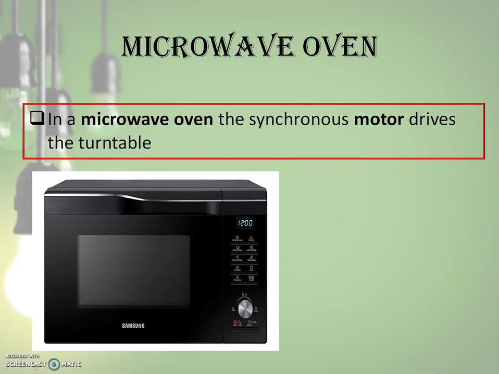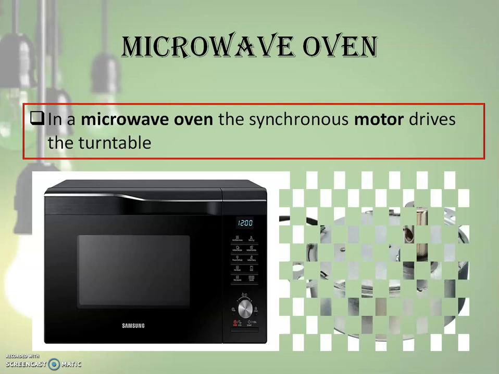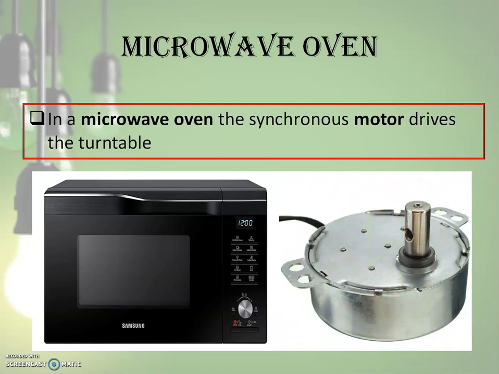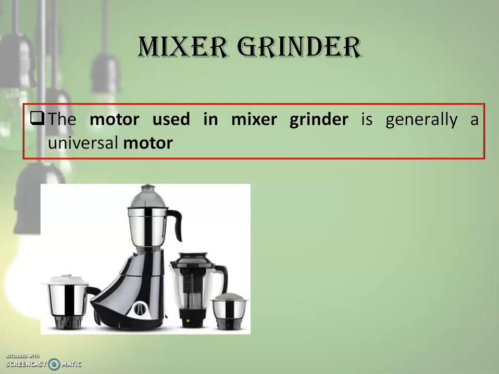Now coming to a microwave oven, there's also a motor in the microwave oven, a kitchen appliance used to heat leftovers and thaw out frozen goods. It's mainly in the turntable mechanism that slowly rotates your food while the microwave itself starts the heating process. In a microwave oven, a synchronous motor drives the turntable. The use of this kind of motor ensures a constant smooth rotation of the microwave turntable while the unit is in use.